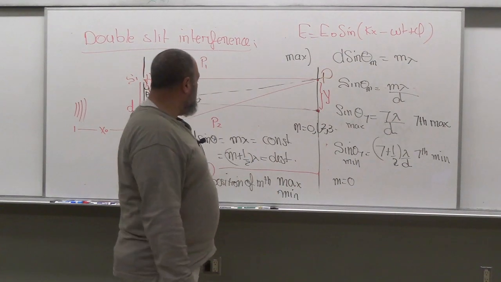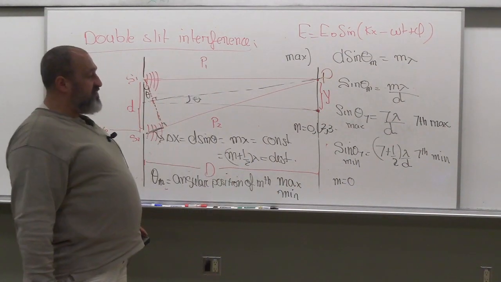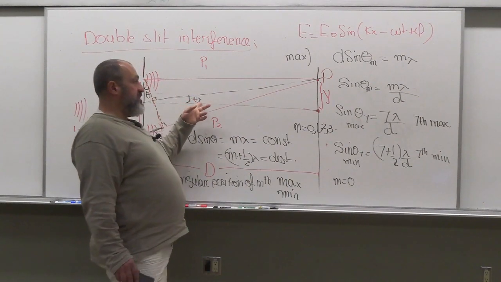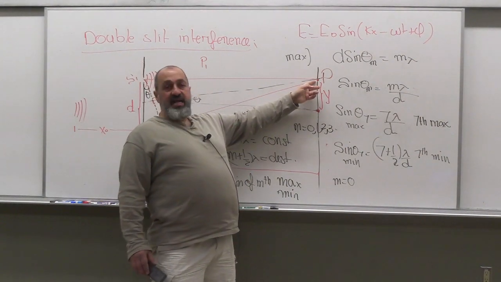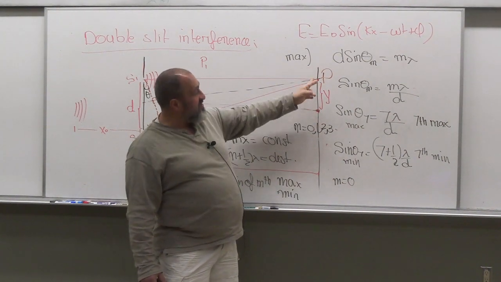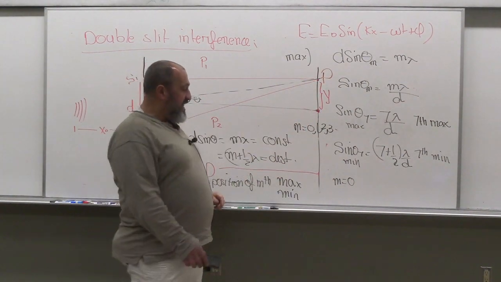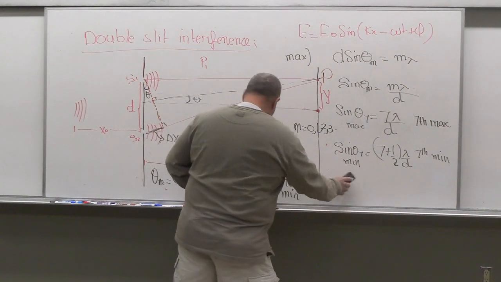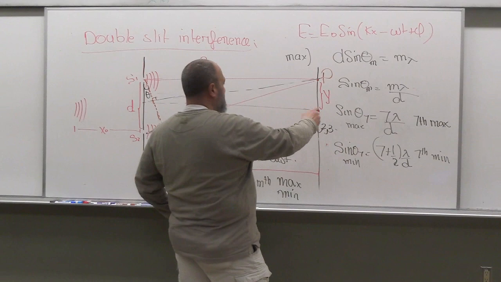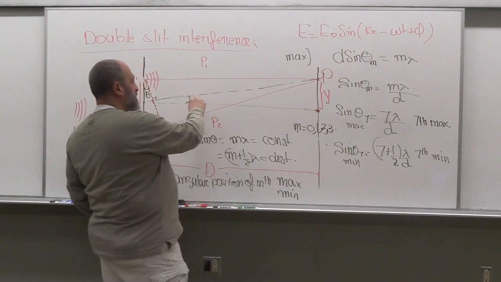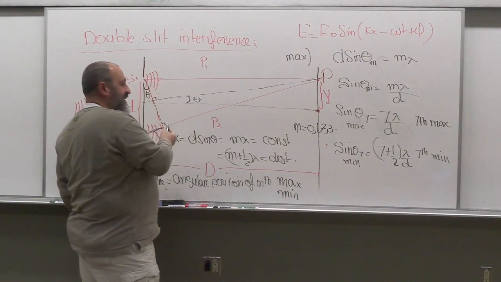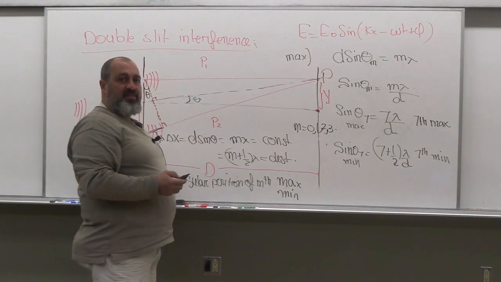Next, we're going to play a game of finding out, okay, if I have the angle theta for whatever interference I'm looking at, the order of interference, maximum or minimum, can I get the distance on the screen here? Well, for that, I'm going to add it right here because I don't want to interrupt the flow. So what do I have here? This is angle theta, and this is y and this is d. So y over d typically is tan theta, but the angle is so small that we can call it sine